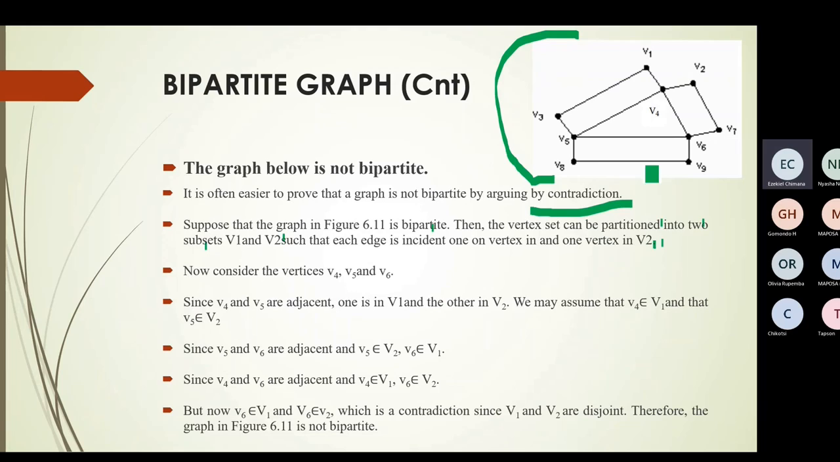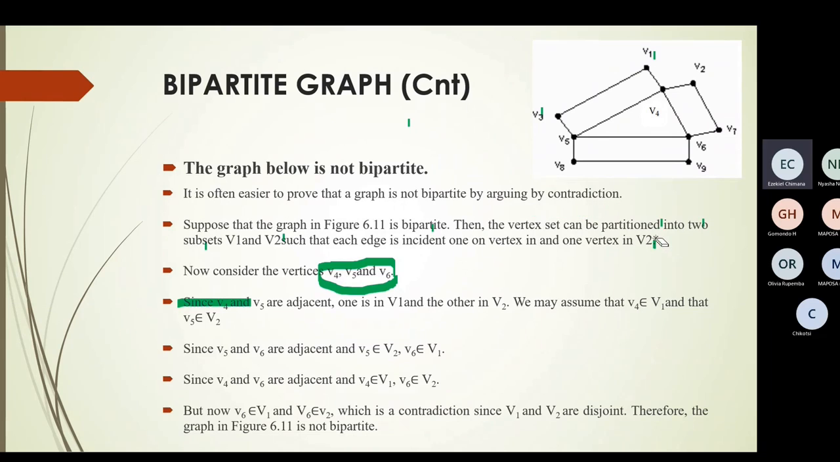Like you need to create two sets. Maybe you can say this one V3 is in V1, so they must be in two different sets, like V3 in V1 and this one in V2. Now consider the vertices V4, V5, and V6. Let me erase all these. So here we are taking V4, V5, and V6. We are just taking these vertices. Since V4 and V5 are adjacent,